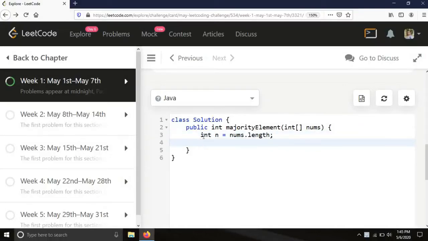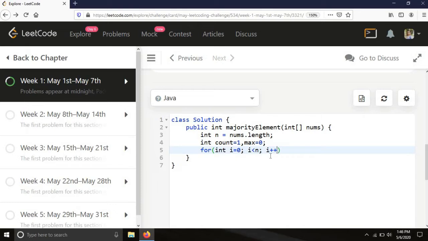Now initially I will initialize count as 1, and maximum element index as 0. We are supposing that the first element present in the array is the maximum element initially, means we are taking the first element as candidate. Now I am iterating through the loop, int i equals 0, i less than n, i plus plus.